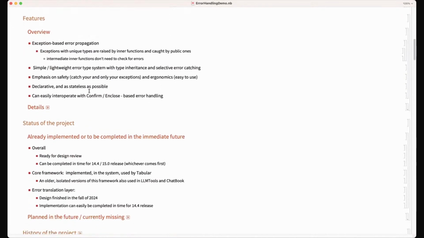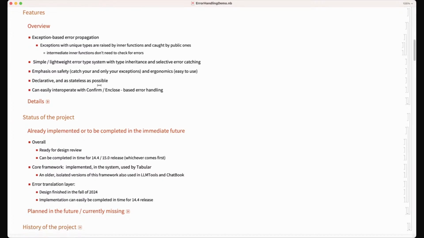So here is a list of features. Essentially, it's exception-based propagation, and we have also a lightweight error type system with type inheritance and selective error catching. So basically, you can be selective on what you catch and what you allow to sort of go through. And also we emphasize safety, so you never catch exceptions that you don't throw.